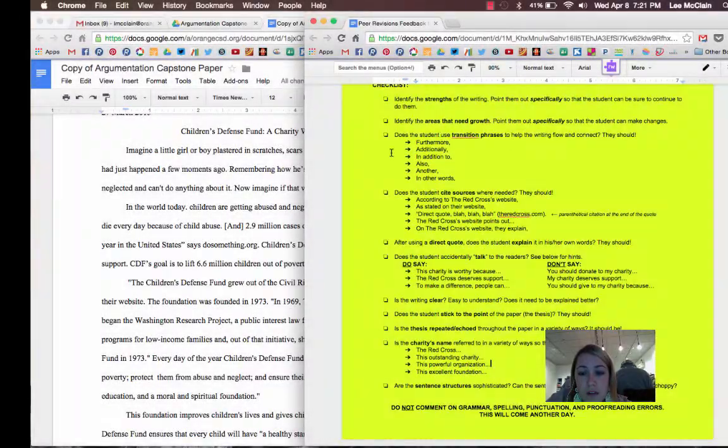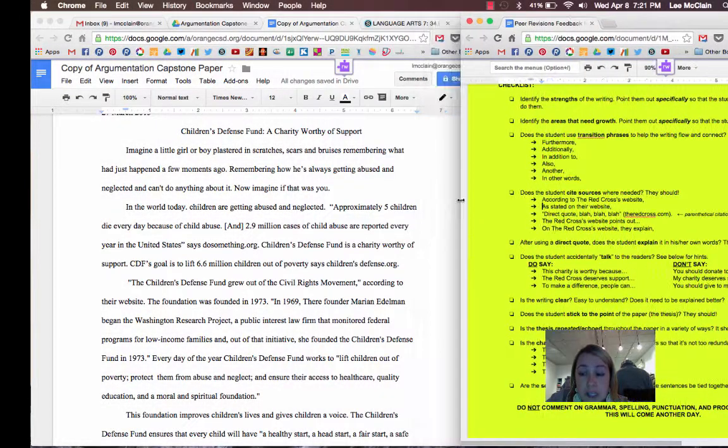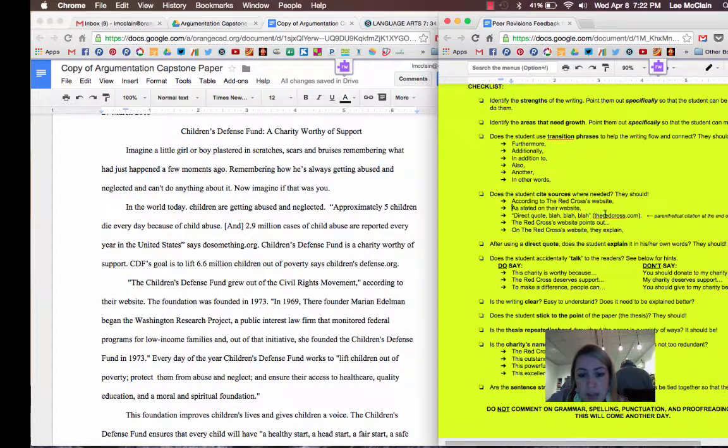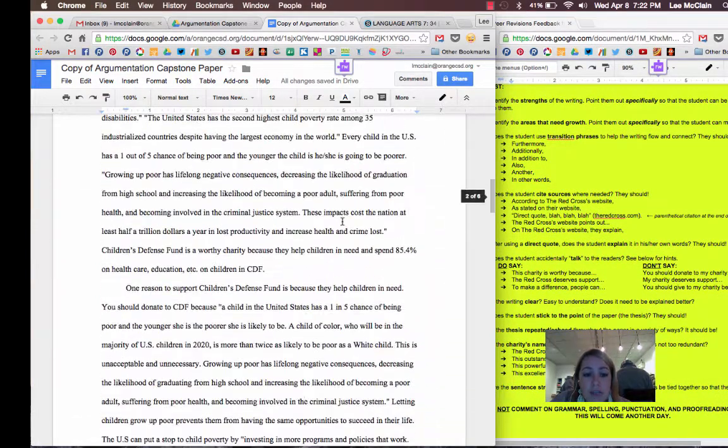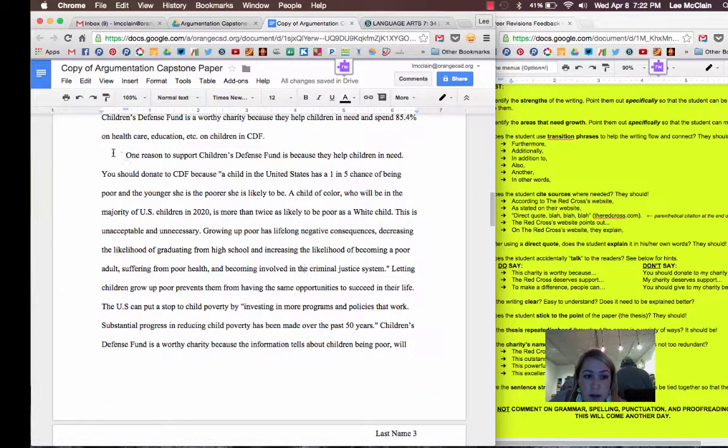All right, so we've gone over this. I'm going to give you an example of what I'm looking for. So I have my screen in half and half. I kind of recommend that to you. I think that's helpful. I've decided to focus on this paragraph of my partner's essay. Okay, right away, one reason to support the Children's Defense Fund, I'm going to highlight it with my mouse, and